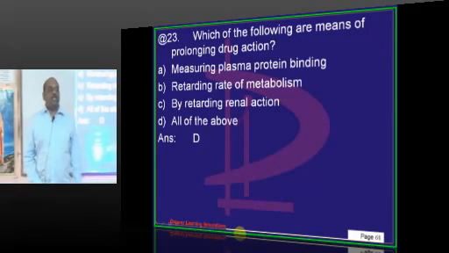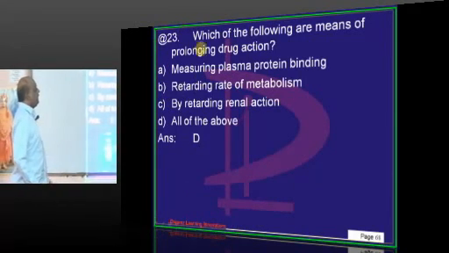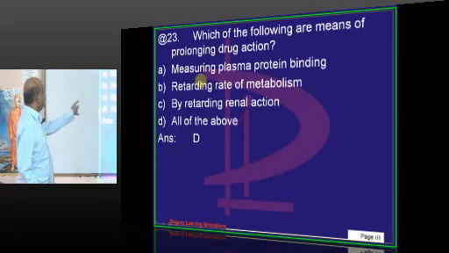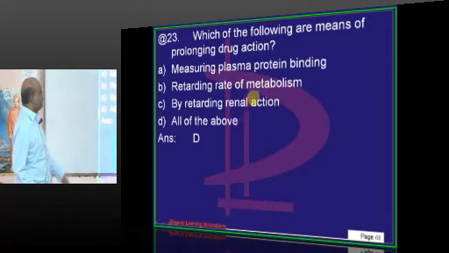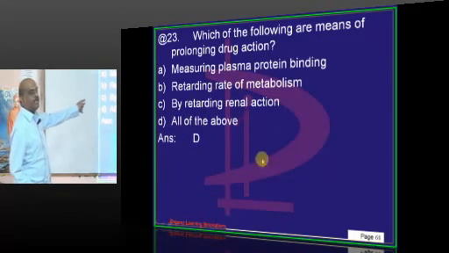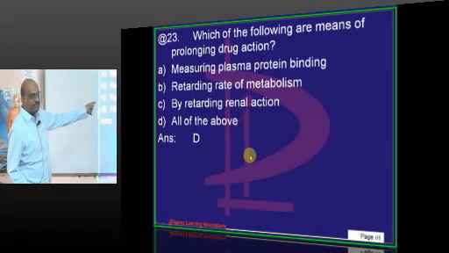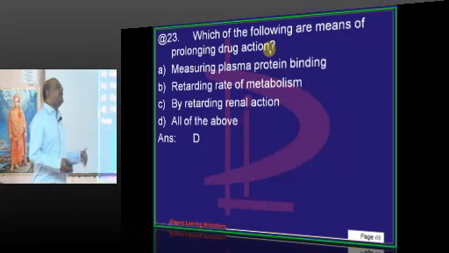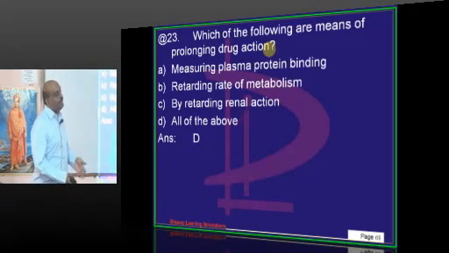What are the means by which a drug action typically becomes prolonged? Now you can easily answer this. How much protein binding is there? What is the rate of metabolism? And how is the renal status, which is the main organ of elimination? These are all the factors that decide whether the drug is going to be eliminated or the drug is going to be retained in the body, and accordingly whether the action becomes prolonged or whether the action becomes shortened is what you have to